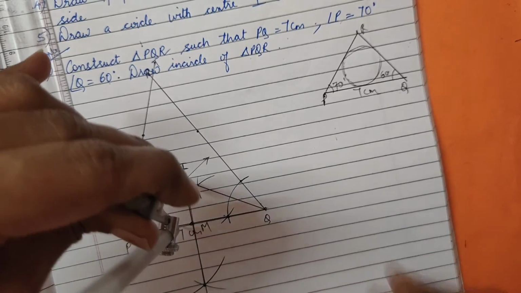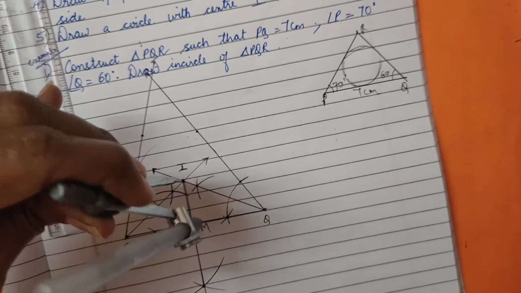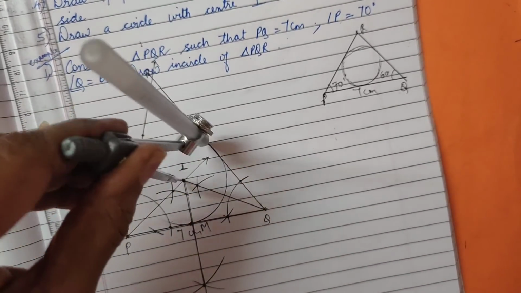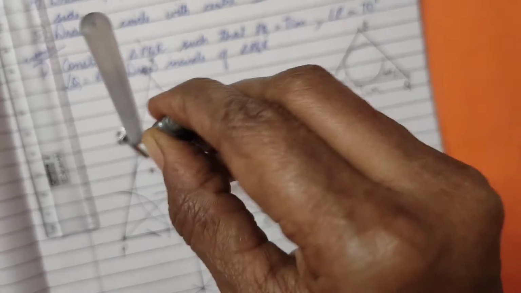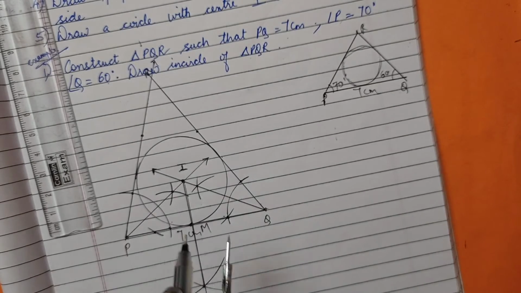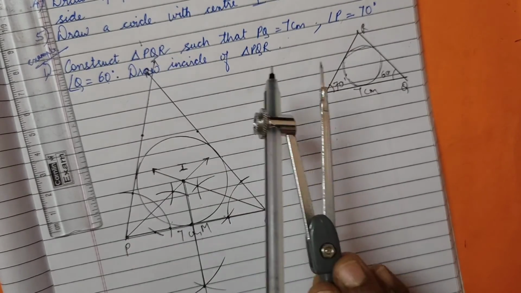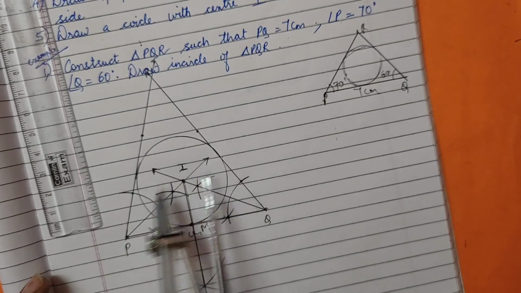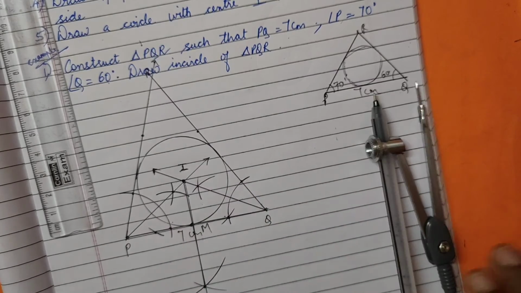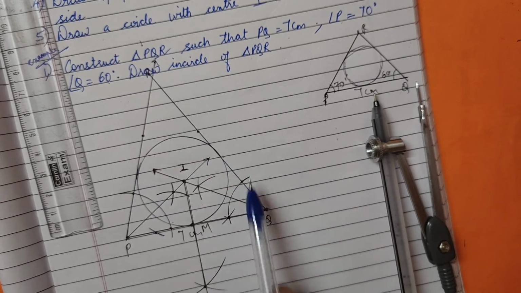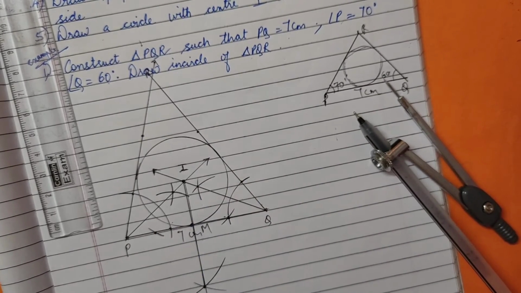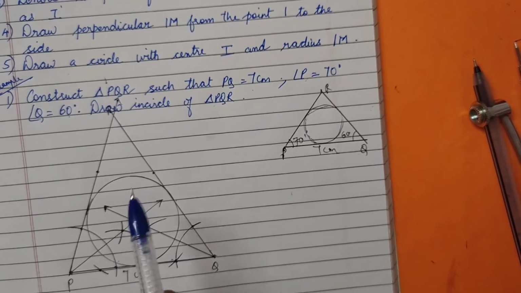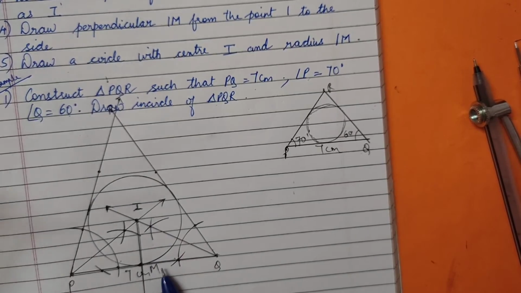Yes, we are getting it perfectly here. You can see we can draw perfectly here. See, exactly on the line it is coming. Yes. So you can see the circle is touching all the three vertices, three sides. देखो ये circle इधर भी touch हुआ, इधर भी touch हुआ. So then we say that it is an incircle. So this is the way. So you understood how to construct this incircle.